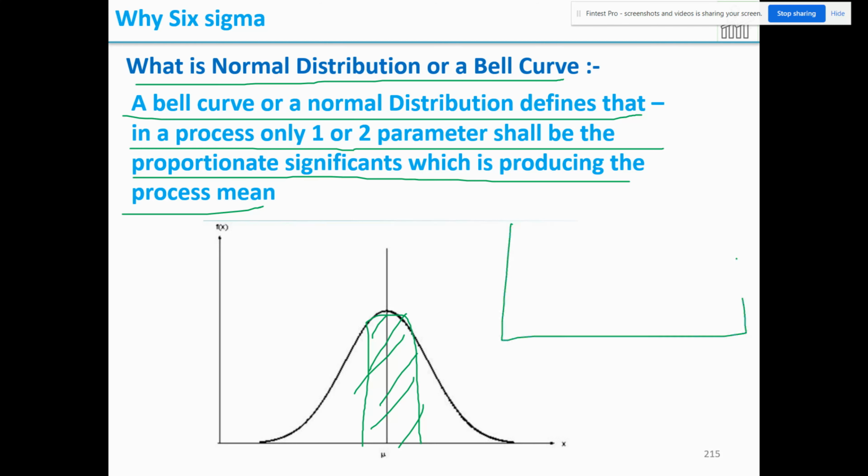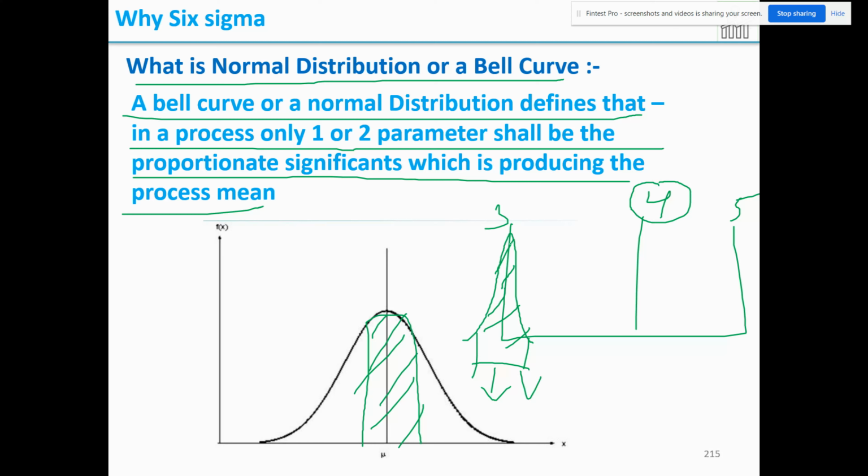Say for example, the drawing mean is 4, with a range of 3 to 5. Suppose you are producing like this. So maximum you are producing 3. That means your process is very much capable with a lesser variation, but still you are very far away from the drawing mean. Your process is capable, but not meeting the drawing center. Therefore, we'll adjust the parameter, then move this to here.